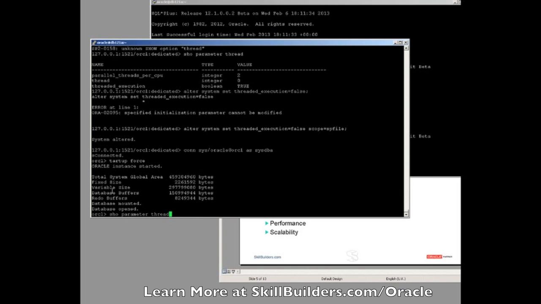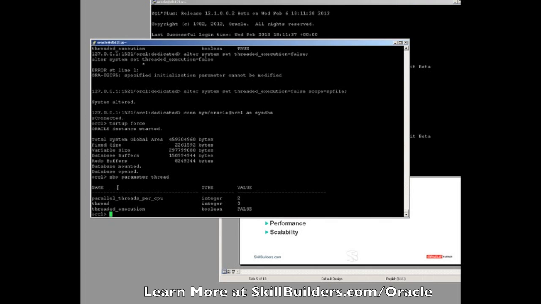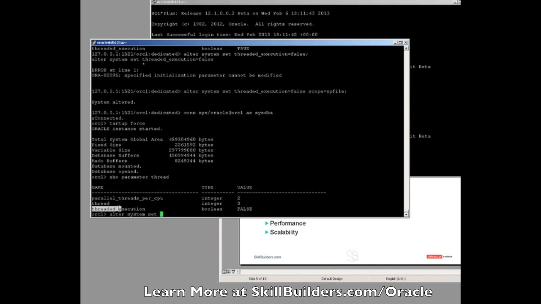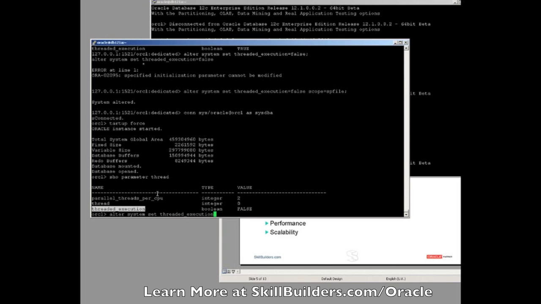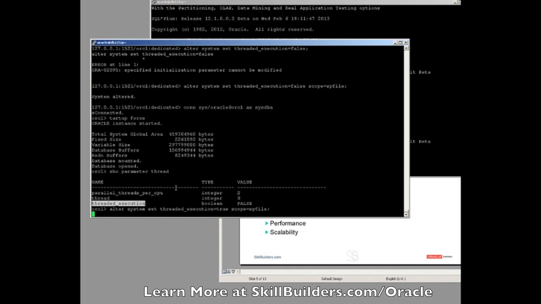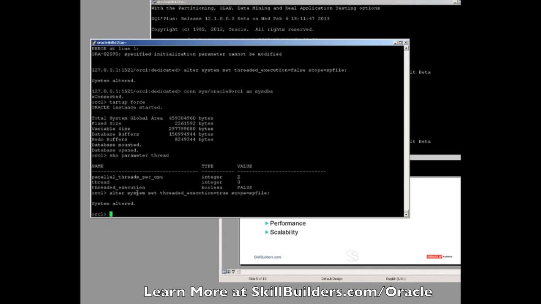Now the change is done with a parameter. There's a new parameter, threaded_execution. If I set that, alter system set threaded_execution, the default is false, and set that to true. It is, of course, a static parameter. Something as drastic as this can't be done on the fly. Well, 28 seconds, I'm getting consistent results. So my 20 log-ons and log-offs are taking 28 seconds elapsed time. Then I'll restart the instance